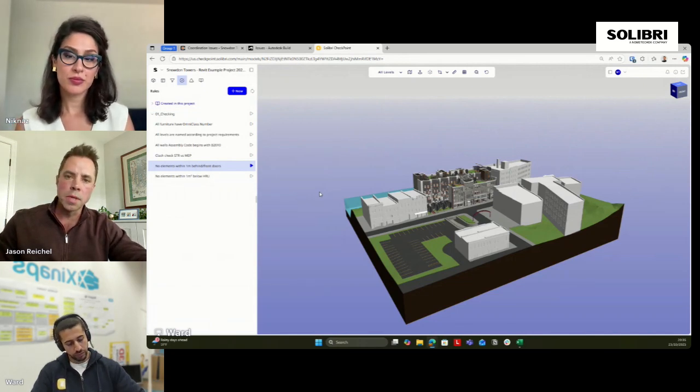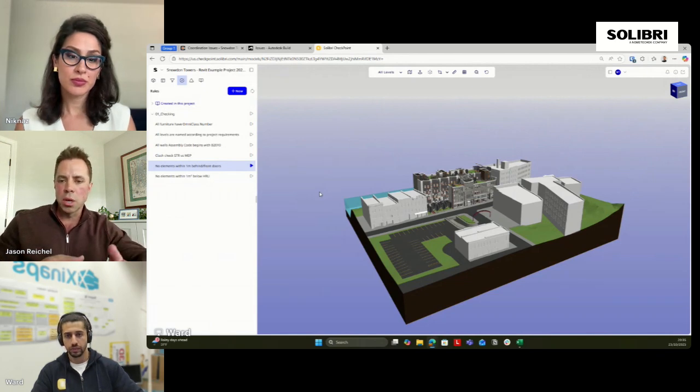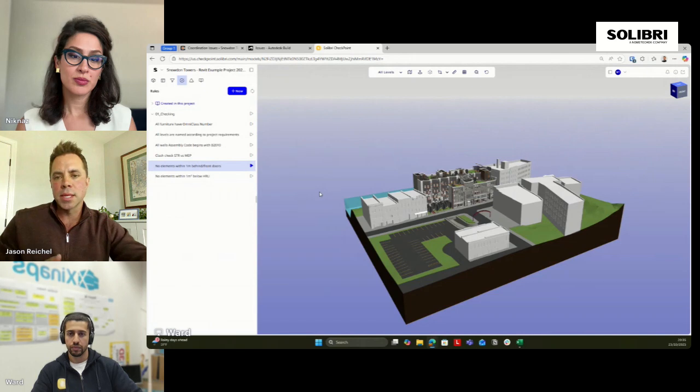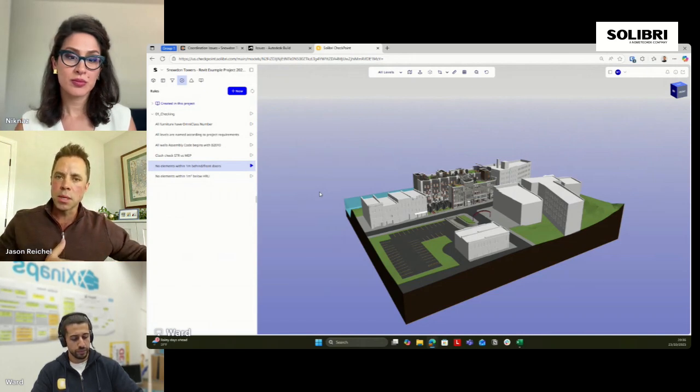If you want to do model-based takeoffs, get more into 4D, 5D, 6D applications, it's really critical that all the data that's in the models is accurate. It exists. It meets your project requirements. It's consistent. So that's been kind of the next evolution of how people are coming to Solibri